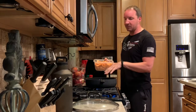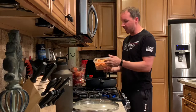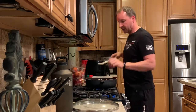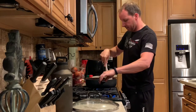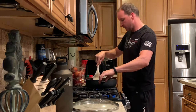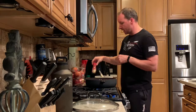I just heated a tablespoon of coconut oil over a skillet, medium-high heat. It's good to go now. So all you're gonna do now is add in the sweet potatoes, kind of get them evenly distributed here in the pan. Here we go. These are gonna take, depending on how much you have, they usually take about, I'd say 15